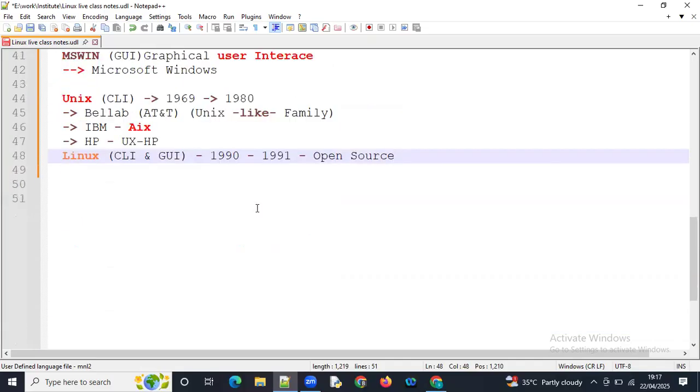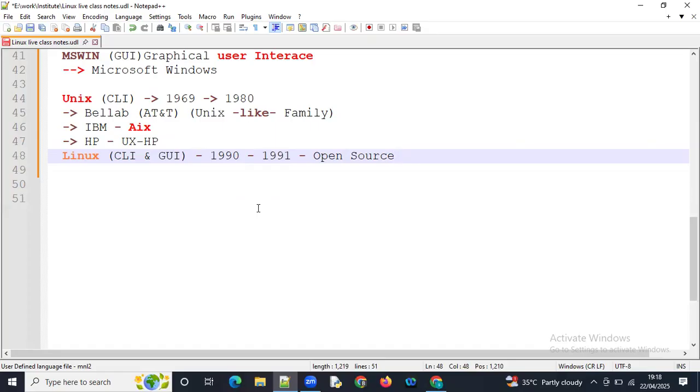And then Unix was introduced in 1969. Then it was available to public from 1980. It was developed by Bell Lab, AT&T. Okay, and later IBM also introduced one Unix, that is AIX. But the disadvantage of this IBM AIX is, if you want to use AIX operating system, then we need to purchase IBM computers only. That is the disadvantage.